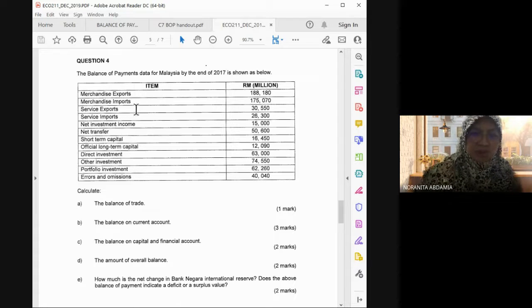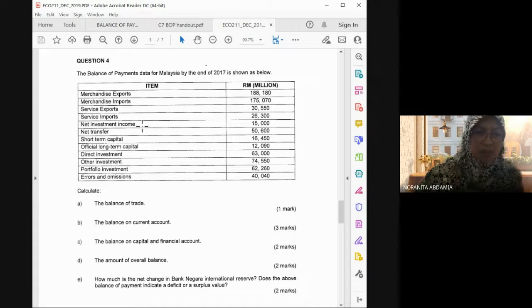Okay, so merchandise import, right? Trade account, TB pun boleh, TA pun boleh, as long as you know which sub account that you refer. Okay, and then CA, current account lagi kan. Service export, service import, sah. This is actually under what? Under service. So you just can write apa? Service dash CA. Service ataupun S saja. Takut tersalah faham S tu supply pula. Suka hati. SVC ke, SC ke, terpulang. Right? Service CA.